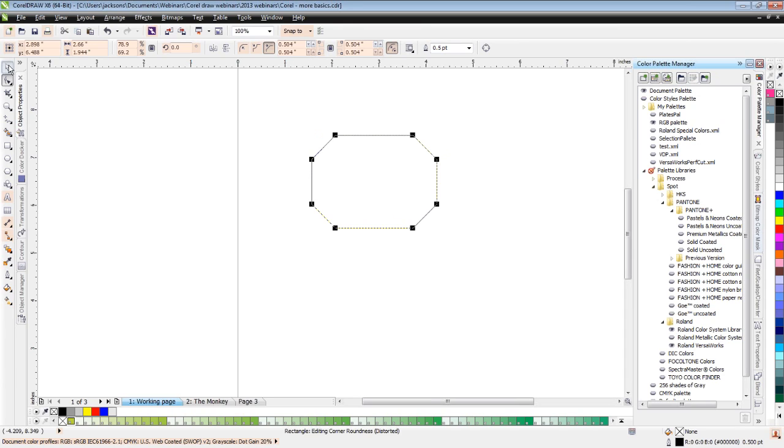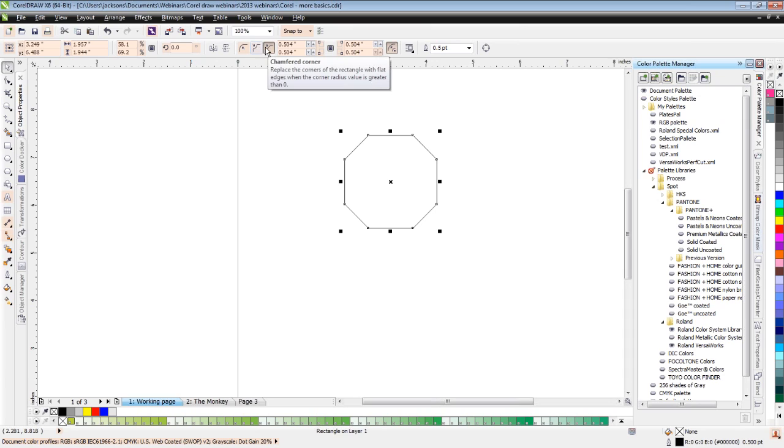Maybe I want to try to make this more like a stop sign, so I'll bring it in a little bit. There we go. It's a little bit more proportional. So we've got these tools up here to give it rounded corners, scallop corners, or chamfered, and we can control them individually. So if I unlock this, maybe this guy here I want 0.25, and you'll see it changes that one corner right there. And now if I lock them after I did that, you'll see that it controls all